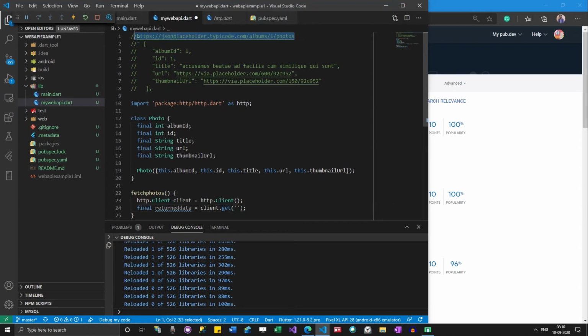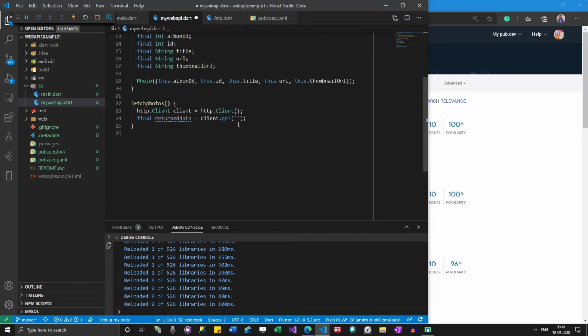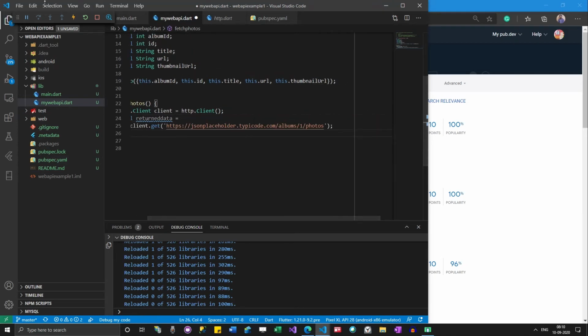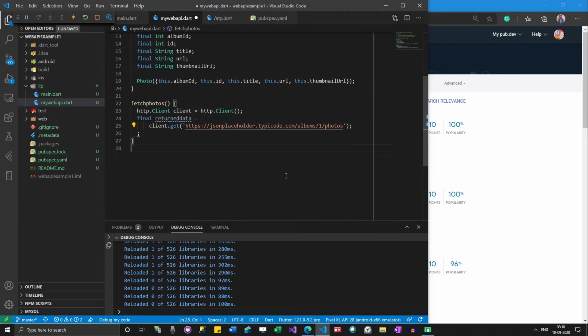So I'm going to pass this link over here. Now at this point, I have some function which is actually reading this data. Let me print this data.